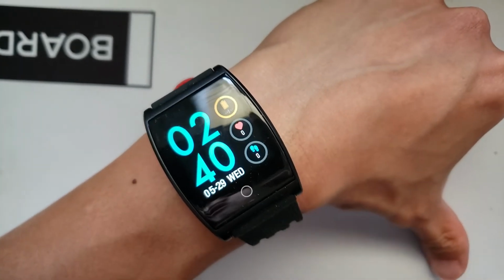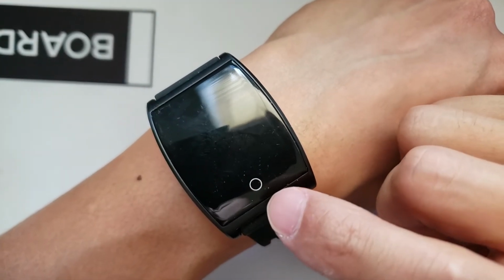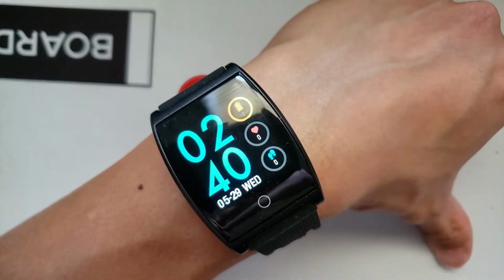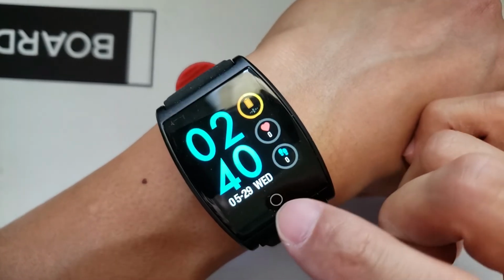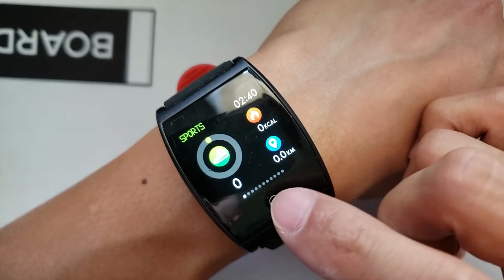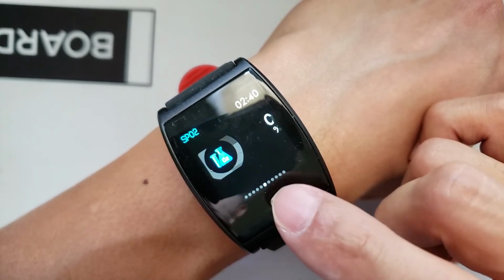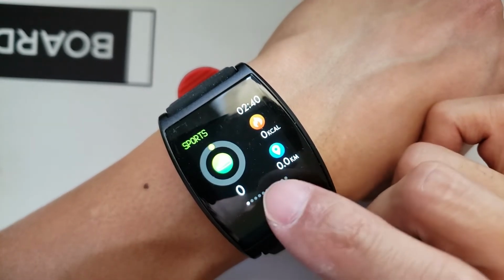Now let's begin. This watch is a semi-touchscreen, so you can really only control the watch by pressing just this one button right here by going forward. And if you want to use any of the functions of the watch, you can actually just long press on the function. But otherwise, you can go forward just using this button right here. So for example, this is how you would just do it and control the watch. So you have multi-sport mode for